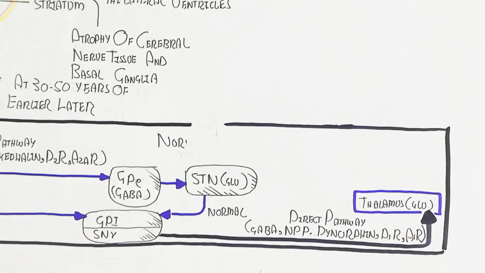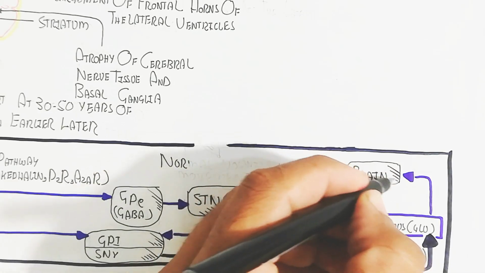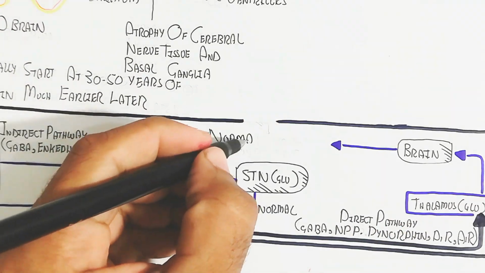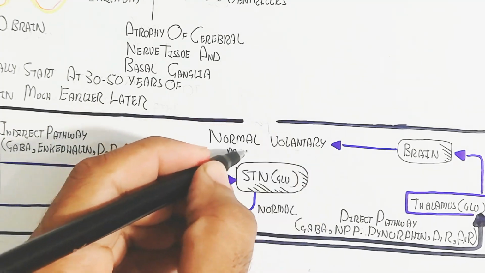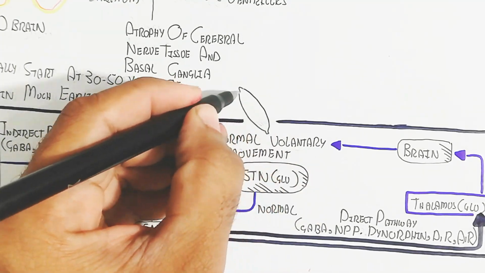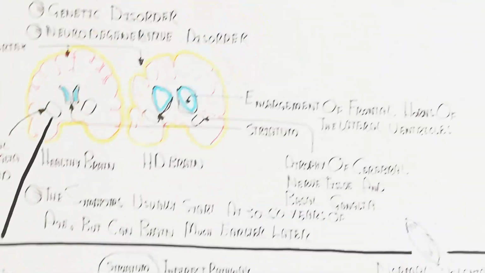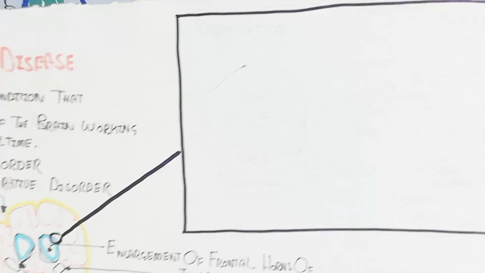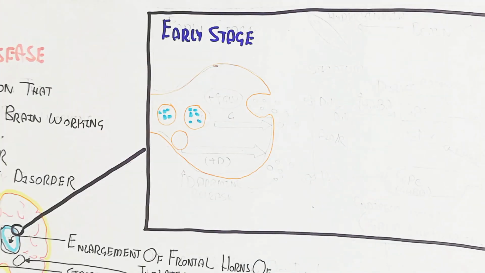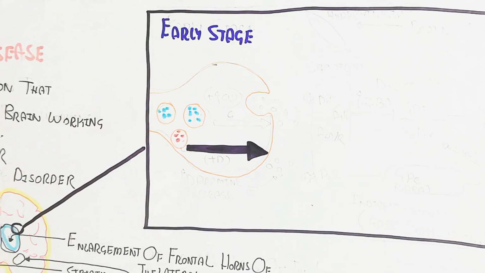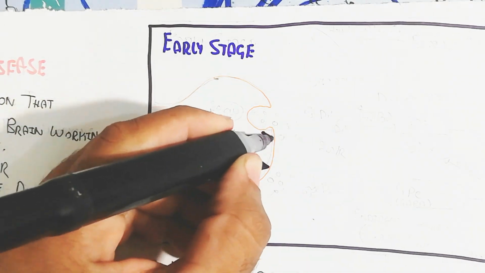That will lead to the direct pathway: the GABA, substance P and dynorphin, and D1 receptor and A1 receptor will target the thalamus to produce the glutamate, and this glutamate will target the brain and lead to normal voluntary movement and smooth movement. While in the early stage of Huntington disease, the dopamine release is more,